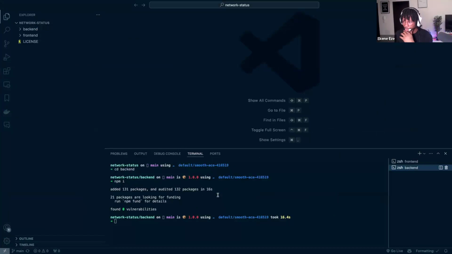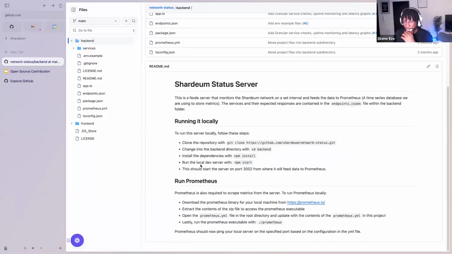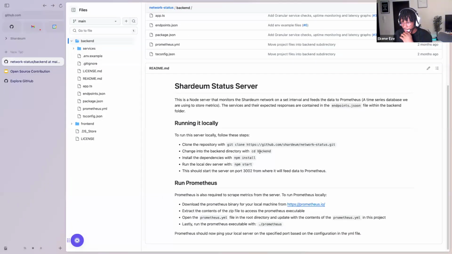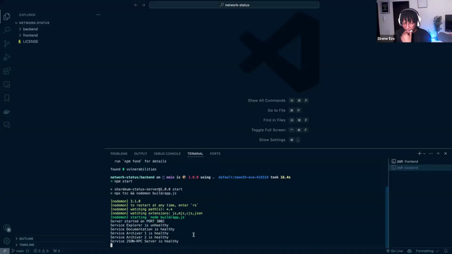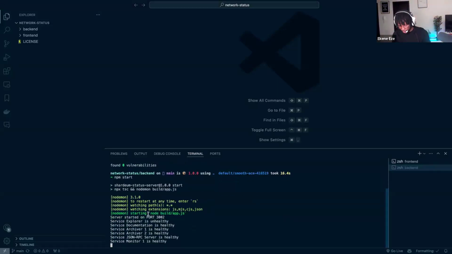That's what it says we should do: install the dependencies, make sure that Prometheus is running, and then we can do npm install, which we've done, and then npm start for the backend server. So on the backend, I will do npm start, see what we get. So the server is running on the backend.